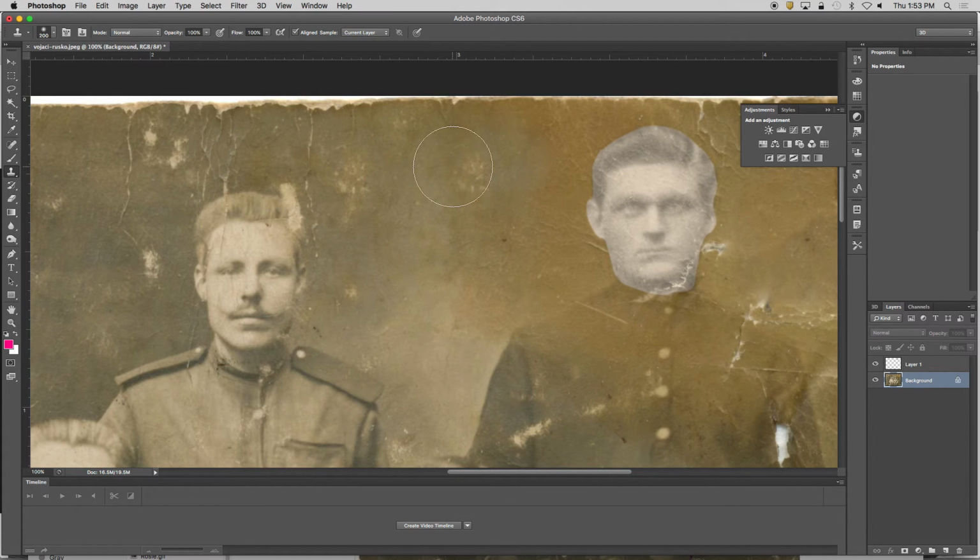Now you may have to re-clone a lot. So I'm going to clone it, stamp it. I'm going to go over here, clone it. Maybe that's a better spot. Stamp it, clone it, stamp it, clone it. You can see that I'm just replacing